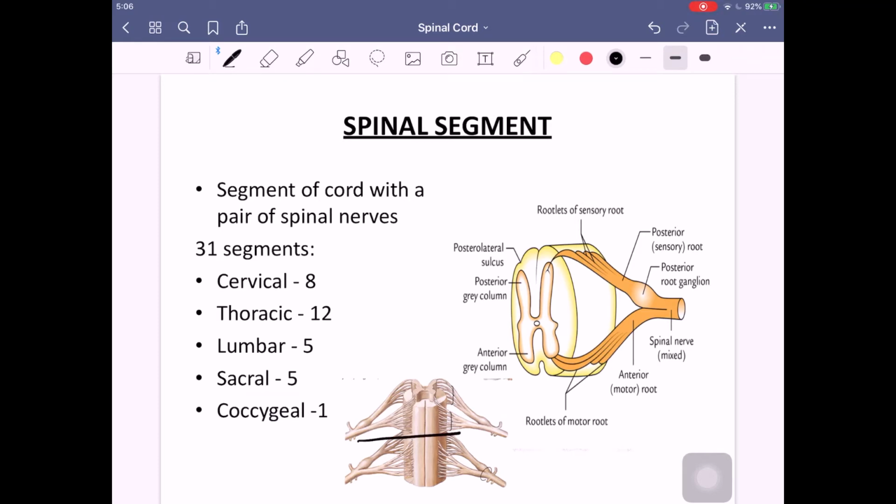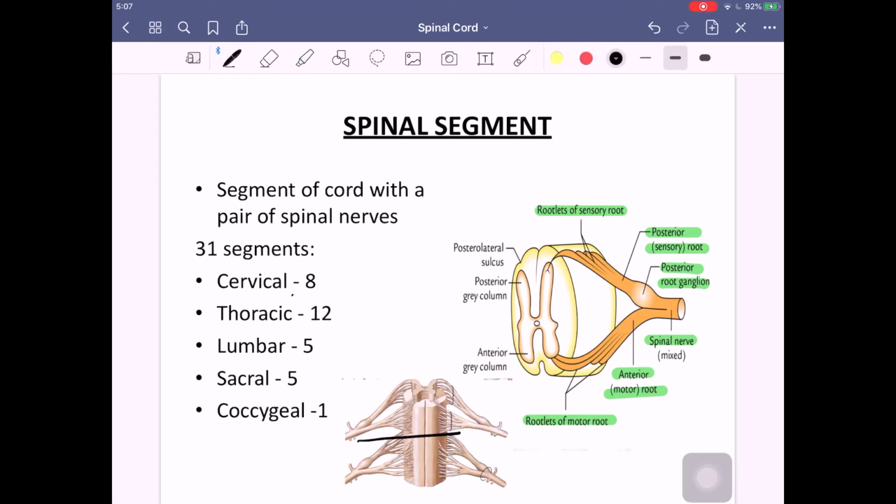Now this is the spinal segment. You can see here these are the two segments we have, and here is the one segment. It is showing the posterior root or the sensory root with the posterior root ganglion, the dorsal root ganglion. Here the anterior motor root is there, and both are combining and giving a mixed nerve. These roots are formed by rootlets: rootlets of sensory nerve, rootlets of motor nerve. Motor and sensory rootlets combined together form your dorsal, posterior or sensory root, and the ventral, anterior or motor root, and both combine and form your spinal nerve trunk.